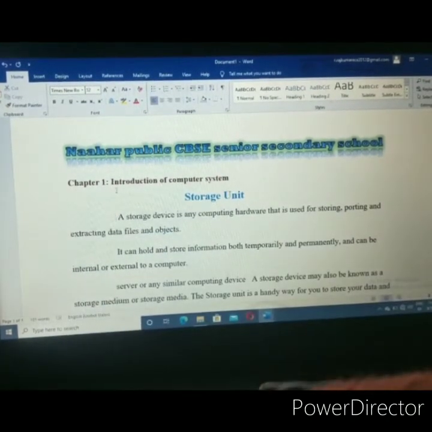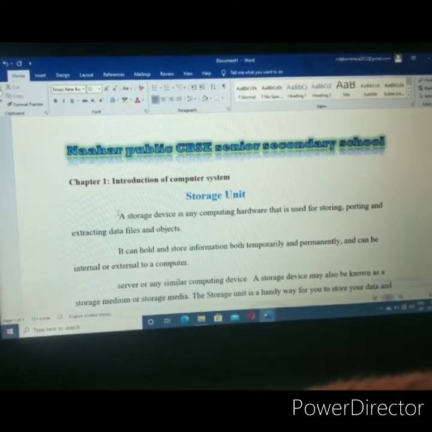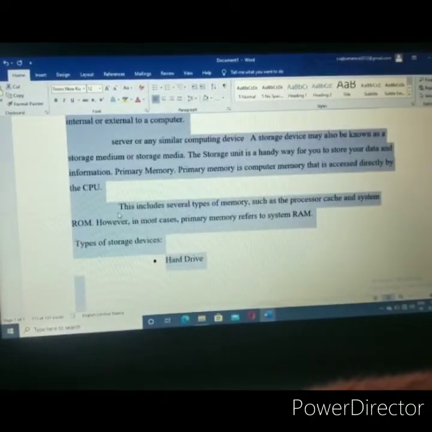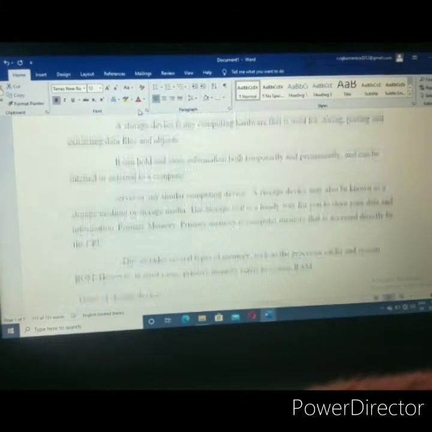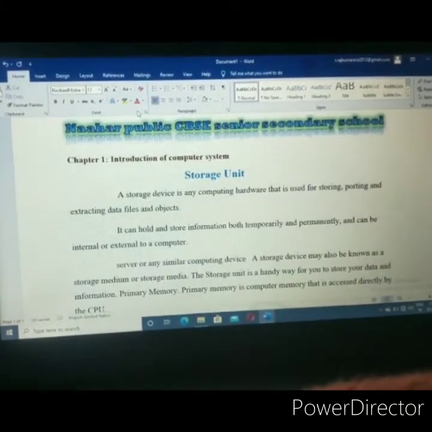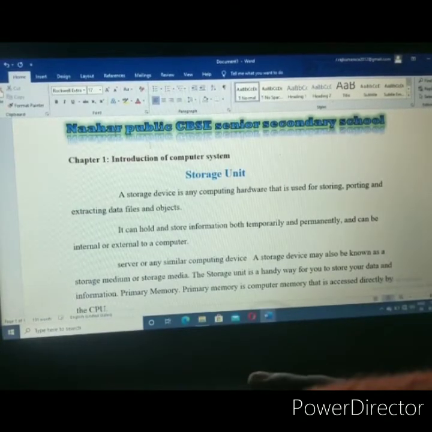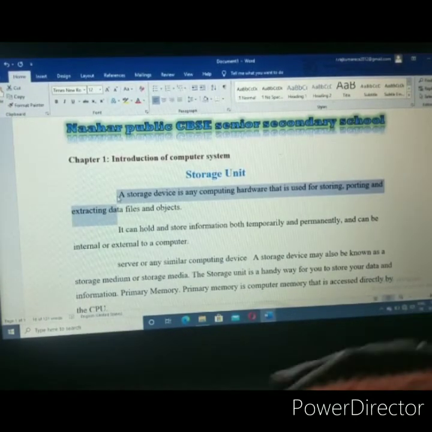So first I select this entire paragraph, because I want to move all these lines, so I select everything.